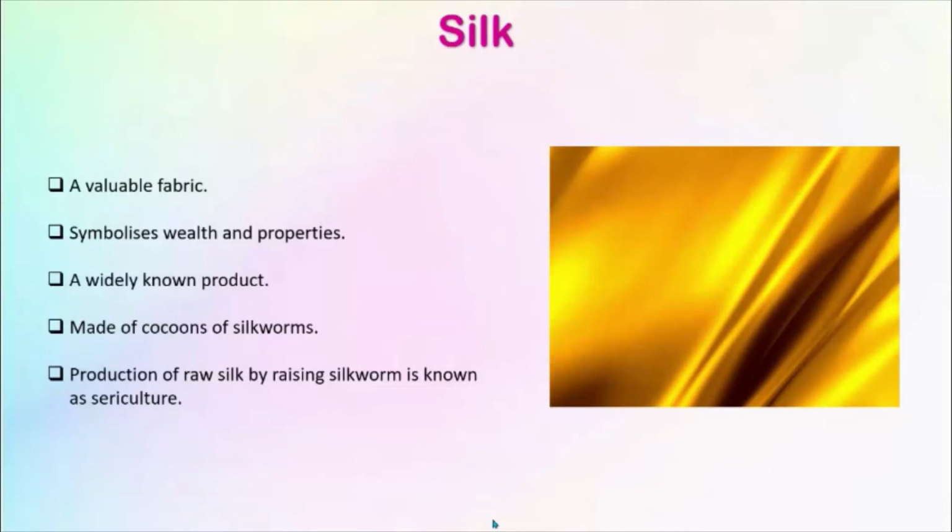Large numbers of cocoons are unwound together carefully to make long continuous threads. They are stretched and spun together to make them thicker and then woven to make silk. Rayon is an artificial fiber and resembles silk. It is prepared from the cellulose obtained from wood pulp. It is also known as artificial silk.